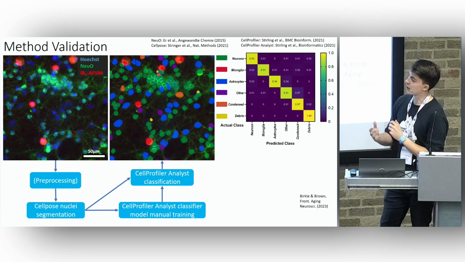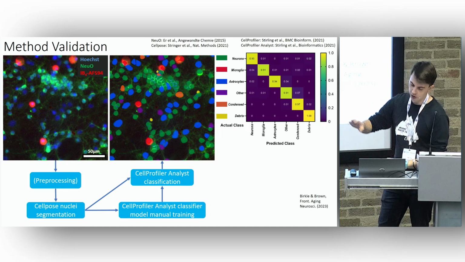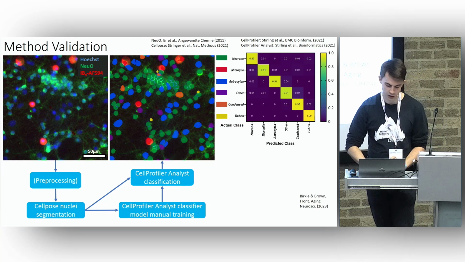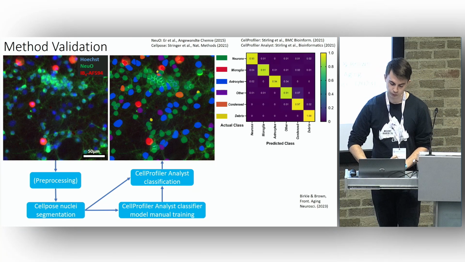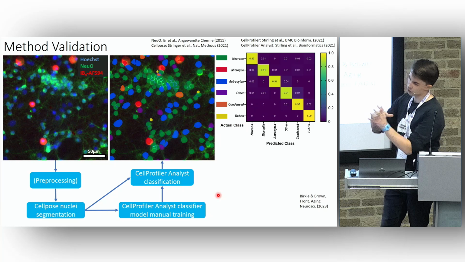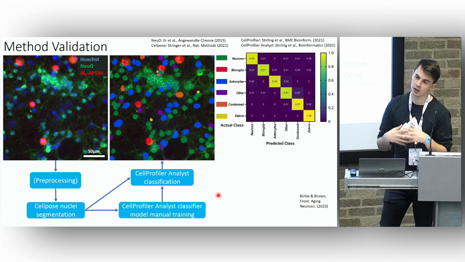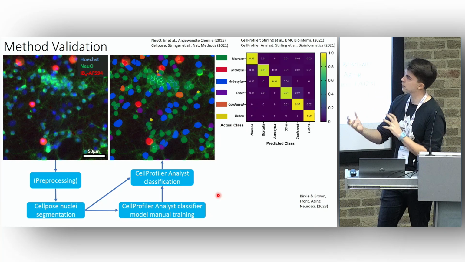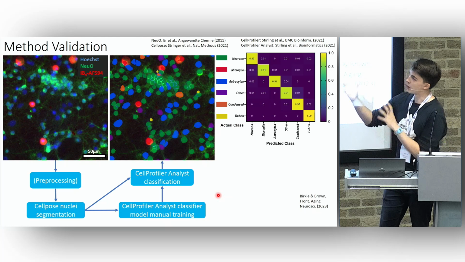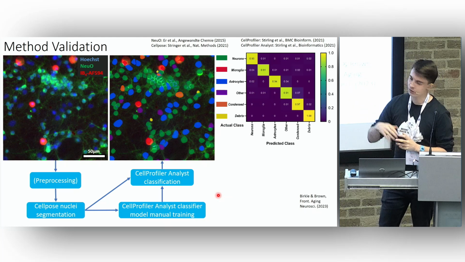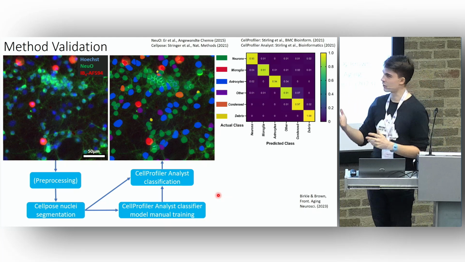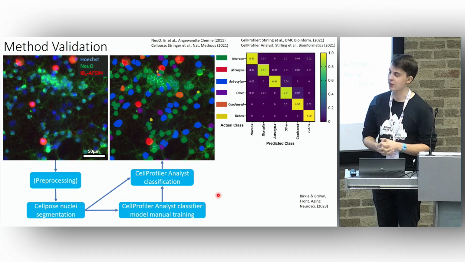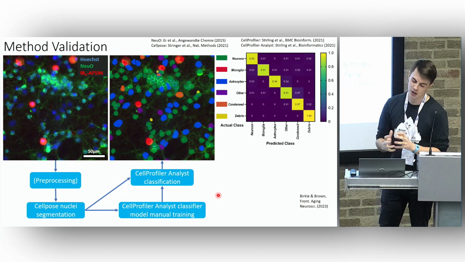Once you have developed the objects, the shapes that you see on the right-hand side, you can take all the measurements across your channels and then train a separate machine learning-based classifier to differentiate these. While it might be obvious that the green cells are neurons and the red cells are microglia, and you can set some thresholds with really classical image analysis,